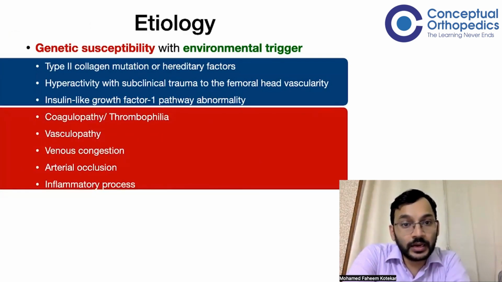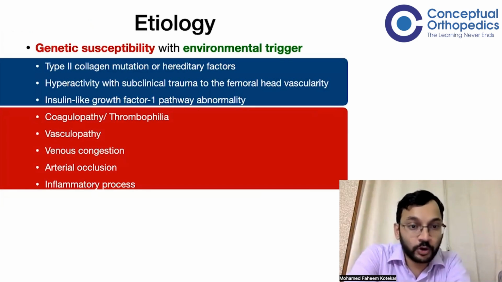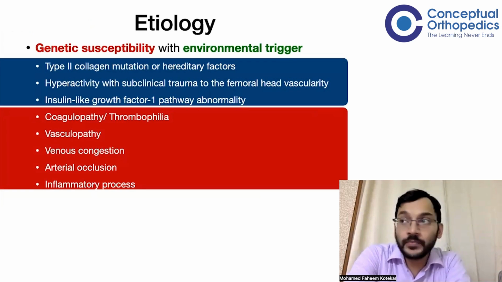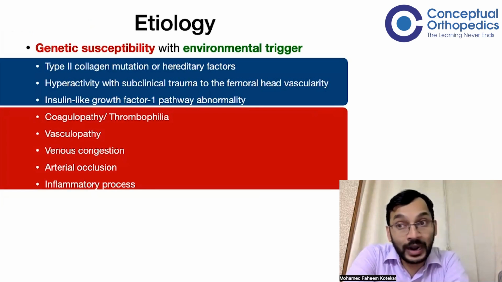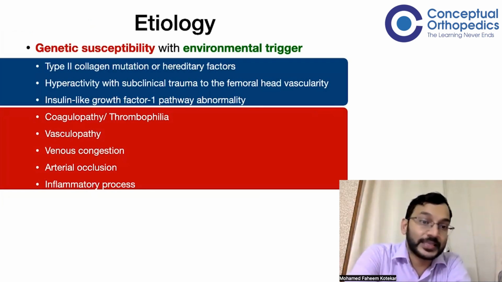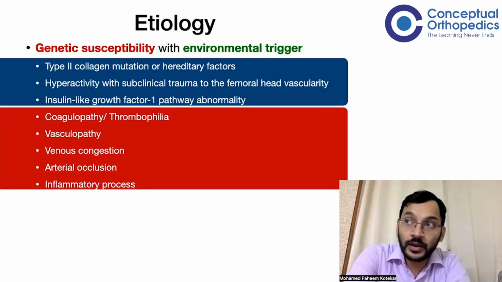What were the other problems apart from say the collagen structure and the enzymes? It was the blood itself, which we have already talked about. It could be a coagulopathy, a thrombophilia. It could be a vasculopathy which would lead to an alteration in the blood supply to the femoral head. It could be due to arterial occlusion or venous stasis, which would lead to stasis or hypoxia of the